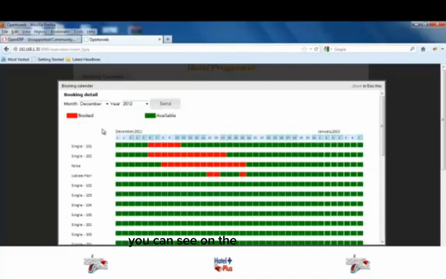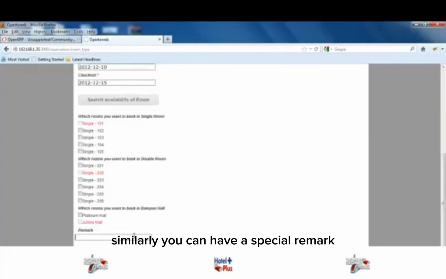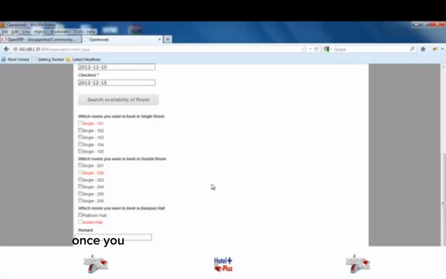You can see on the left hand side a list of all the rooms, and on the right hand side panel a month-wise room availability. The green portion indicates the availability of the room, however the red one is booked. Similarly, you can give a special remark if you want to pass something on to the hotel. You can type over here, and once you are satisfied with the selected room entries, let us say I select room 102 and click on save,